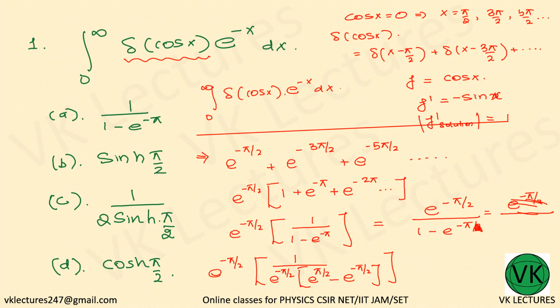Correct. And these two terms will cancel. Fine. Now this denominator is 2 sine hyperbolic x, so that is 1 divided by 2 sine hyperbolic pi by 2. So the option is